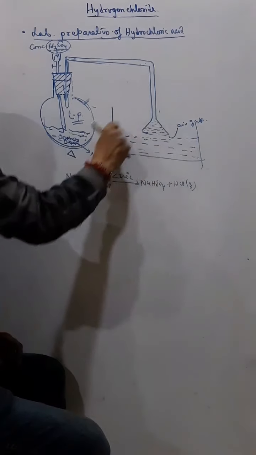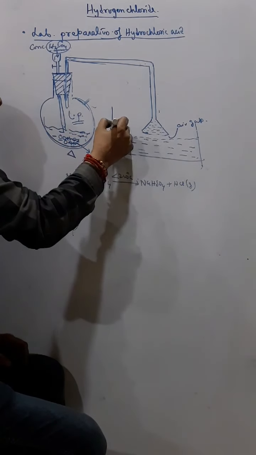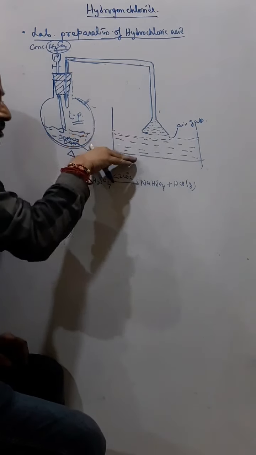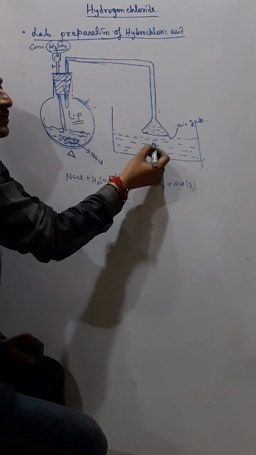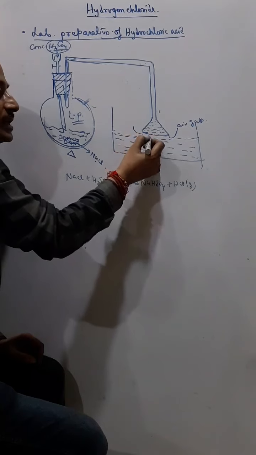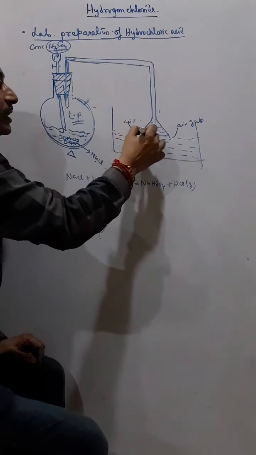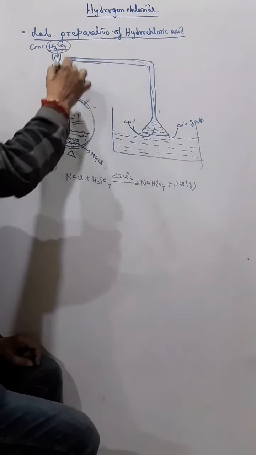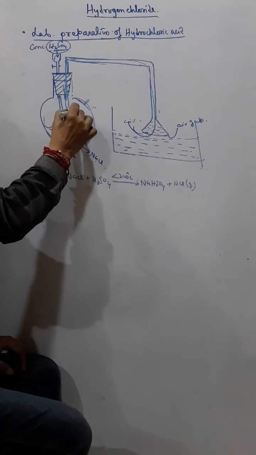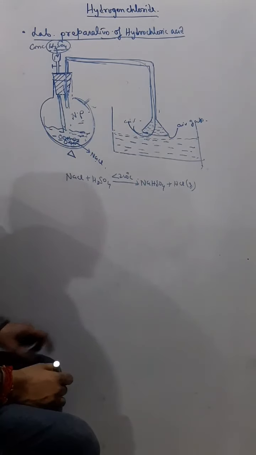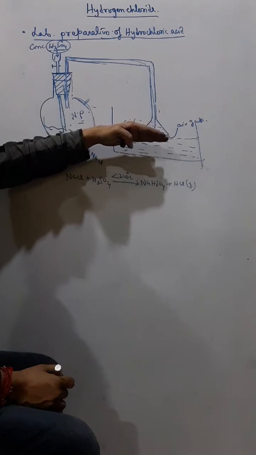As soon as the water enters the funnel, the level of the water outside drops, and when the level of the water outside drops, there forms a gap between the funnel and the surface of the water, and from this gap air from the surrounding gets inside this flask, and again from the low pressure, it becomes normal pressure. So that means now again the funnel falls. Okay, so that means what you can understand.